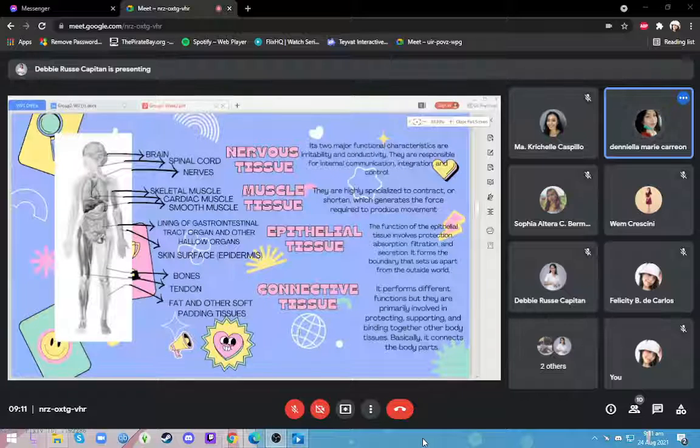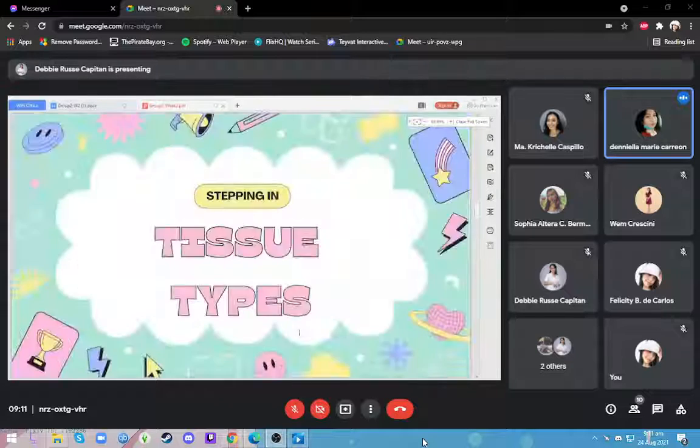Connective tissue. It performs different functions, but it is primarily involved in protecting, supporting, and binding together other body tissues. So basically, it connects the body parts. It is found in bones, tendon, fat, and other soft padding tissues. So let's proceed